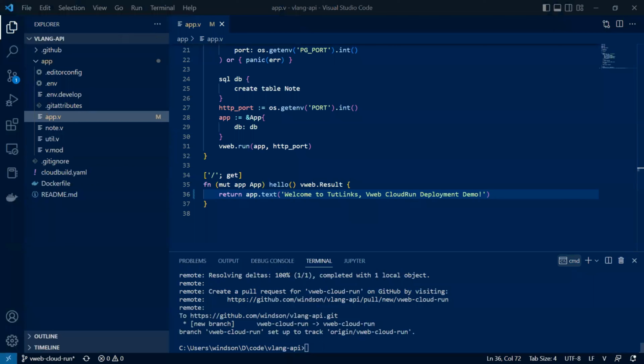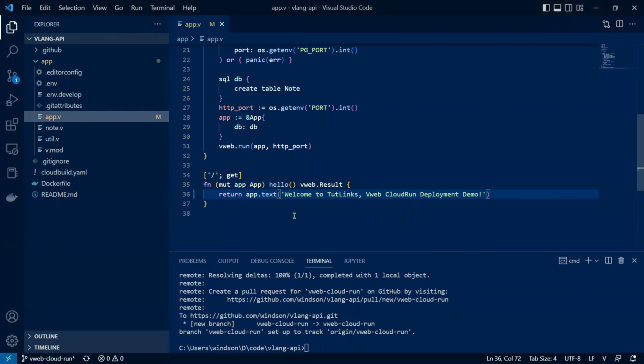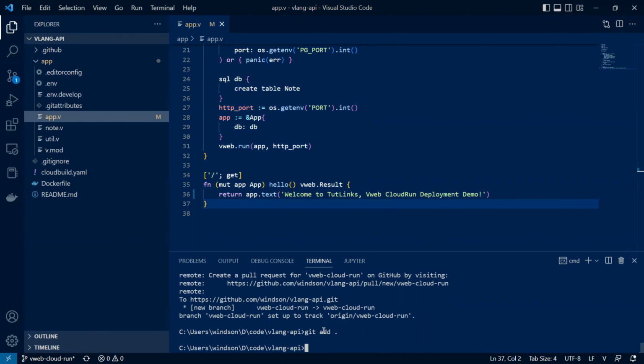Our default endpoint, the default route, currently shows welcome to Tutlings. Now I want this to show the new message which I'm about to check in right now, right? So all I need to do is stage that change, commit that change,